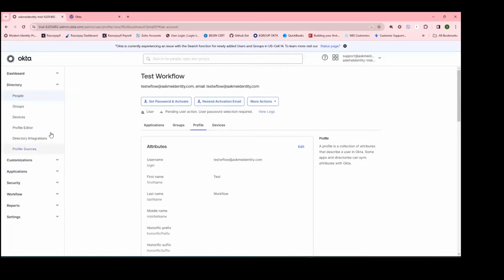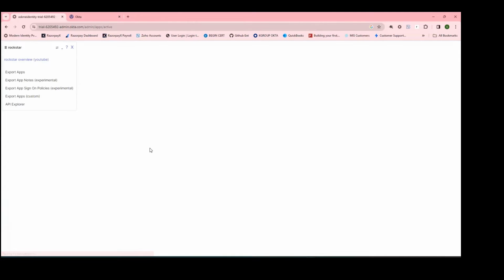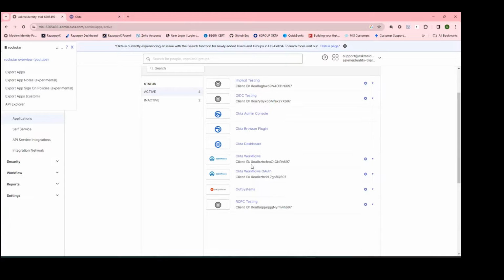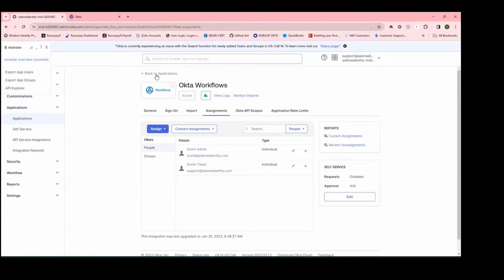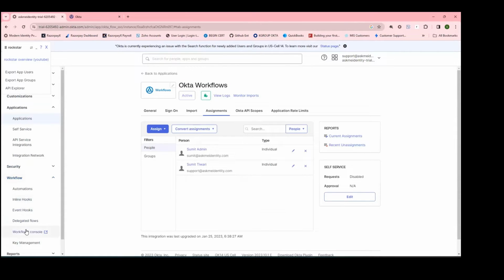Okta Workflows can be accessed through the admin console. In order to access Okta Workflows, you should be a super administrator. Once you're a super administrator and added to the Okta Workflows application, you would be able to access Okta Workflows. The user should be a part of this Okta Workflows application in order to access it. Then the Okta Workflows console can be launched from the Workflows console,